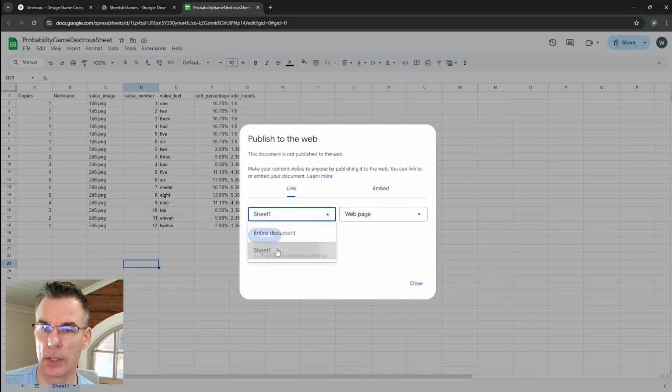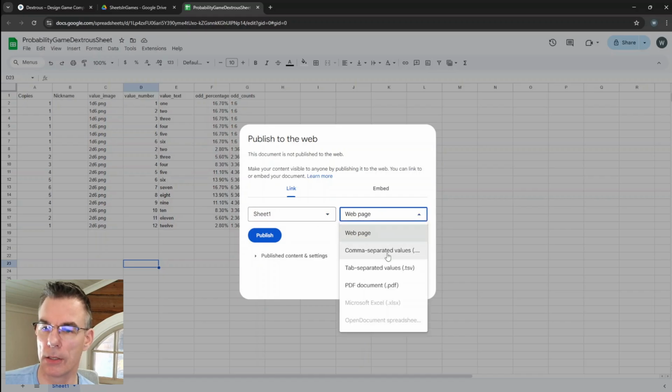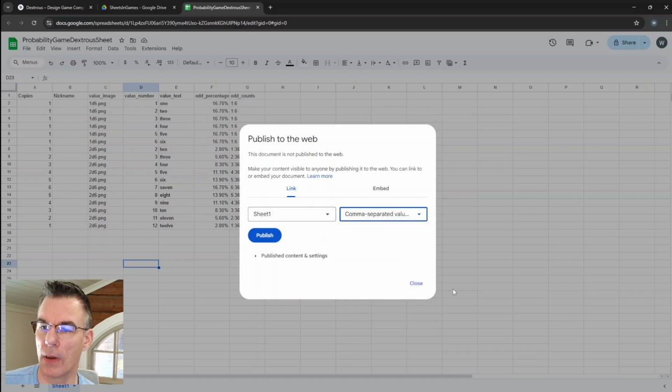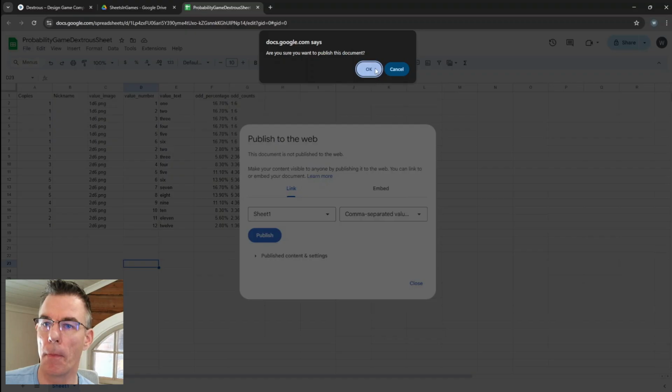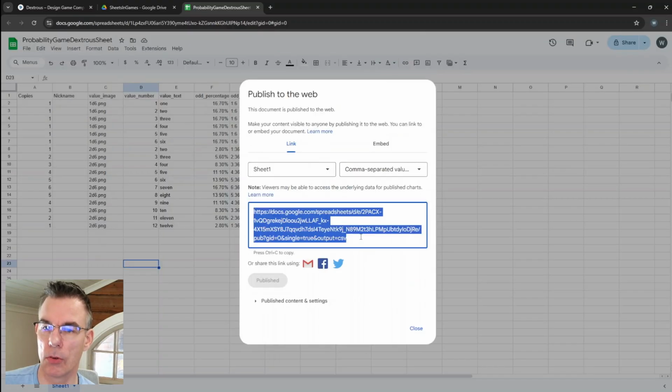Not the entire document, just Sheet 1, and it's comma separated values, and publish. Yes, I'm sure I want to do that. Now I have a link here.